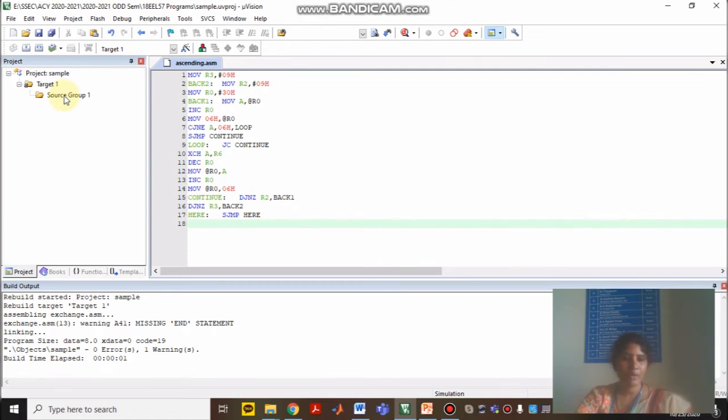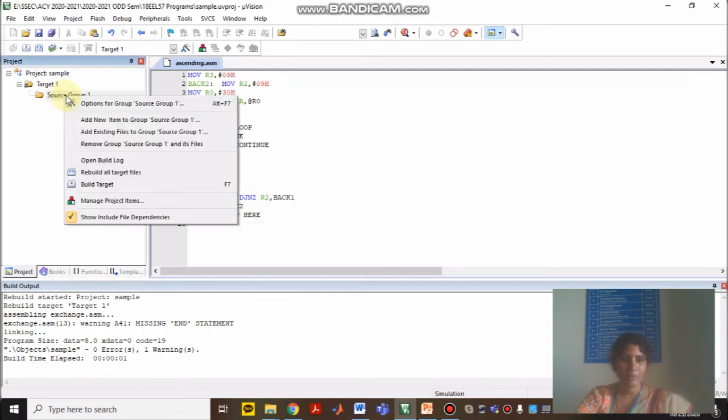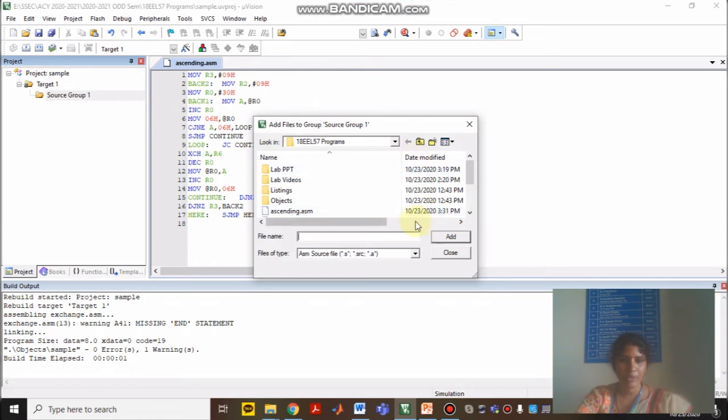To add the file, right click on source group, choose add existing files to group source group 1. From there, type the ascending program, then give add. Before giving add, you can see no files are available in this project window.